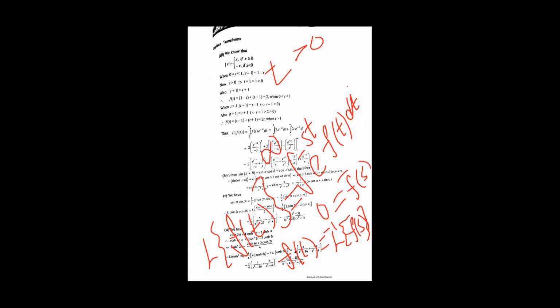L of f of t equal to integral 0 to infinity e power minus st f of t dt. We get a result, that result is named f bar of s. Finally, the simple statement is